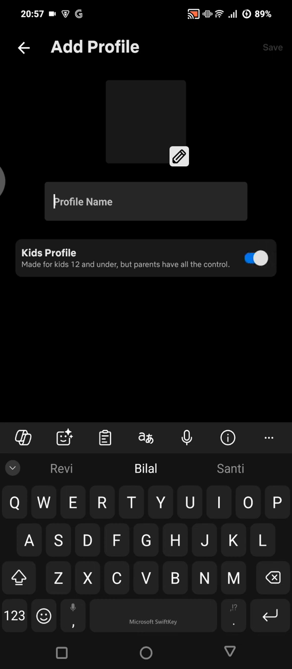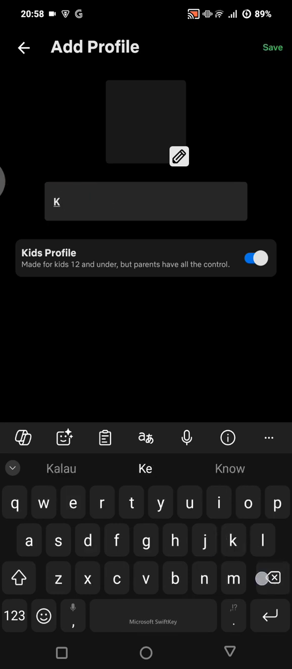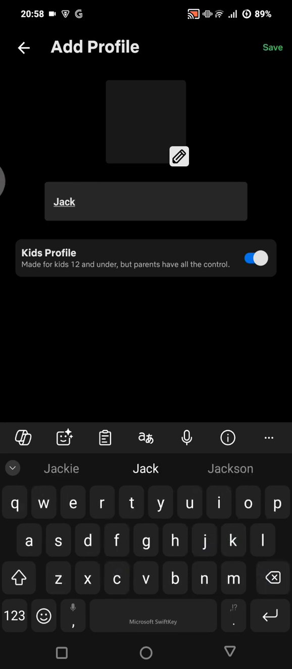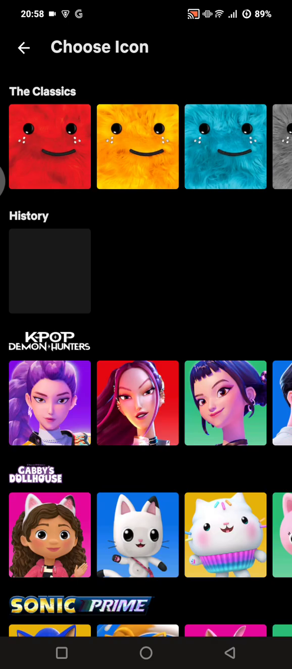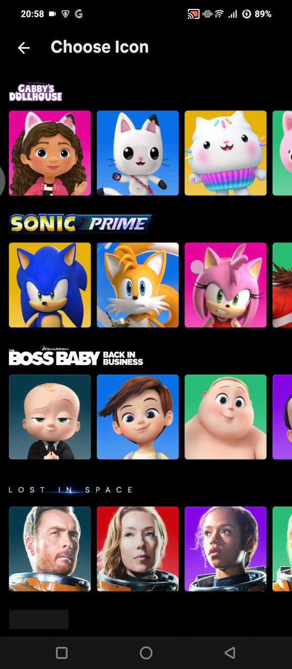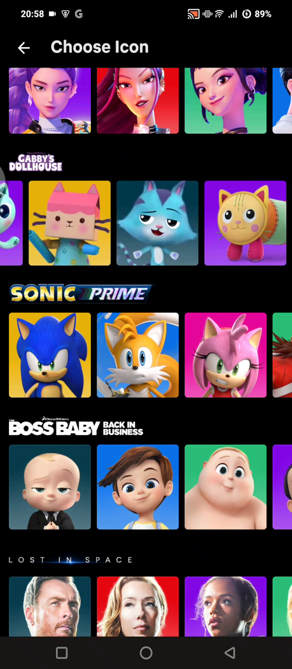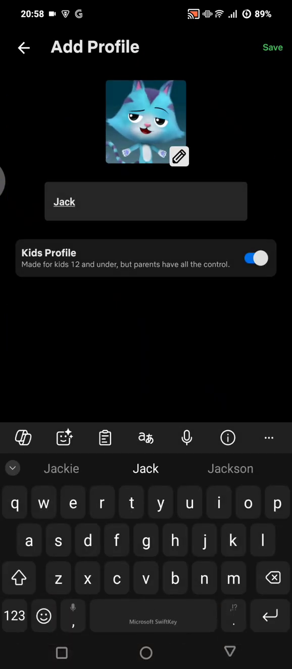So let's turn it on and you can just add the profile name. For example, I'm going to just go with Jack. Here you can also change the icon, the profile icon. You can choose their favorite character on Netflix. So for example, I'm going to just add okay, this one. Now you can just click on save,